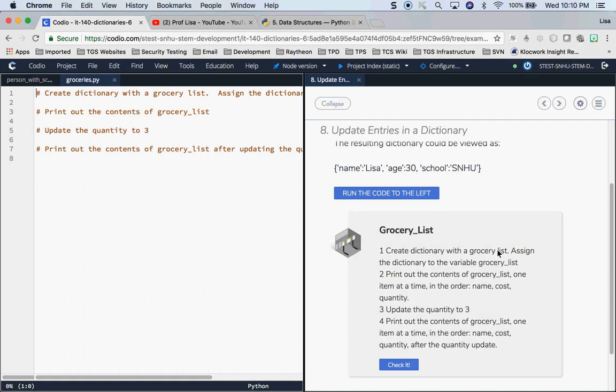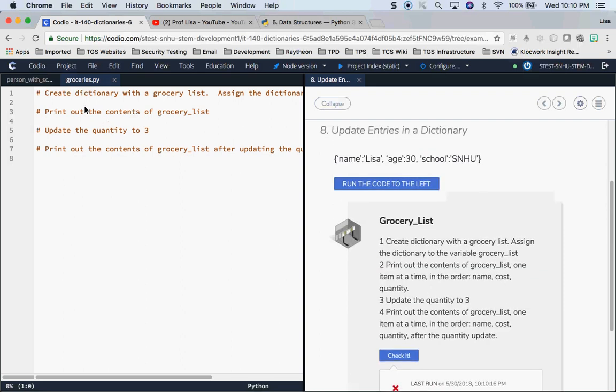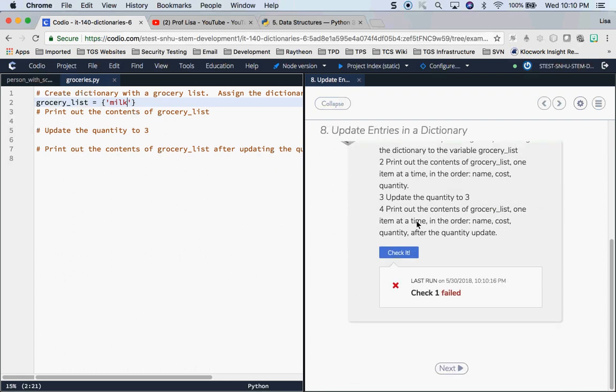So it says, create a dictionary with a grocery list. Assign the dictionary to the variable grocery list. Print out the contents of the grocery list. Well, this doesn't really give us everything we need. So let's tell us it just said it failed. Okay. So I'm going to say grocery list, and let's just say I'm going to put in milk. So what is it asking me to do here? It's saying,